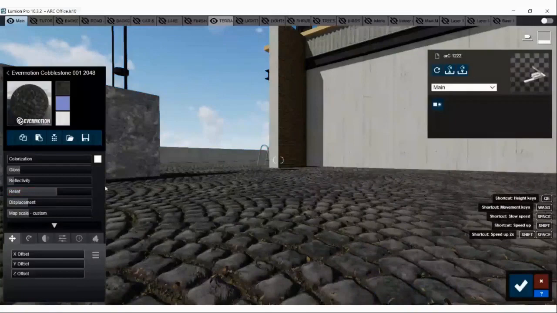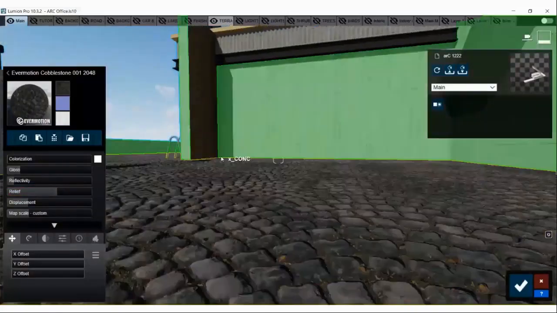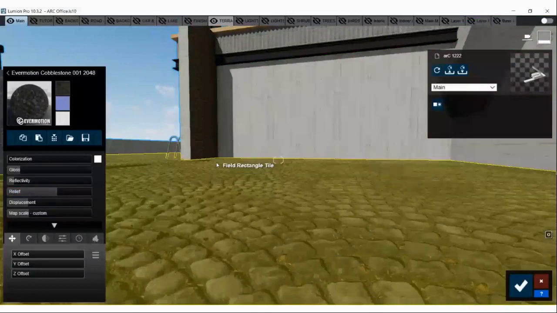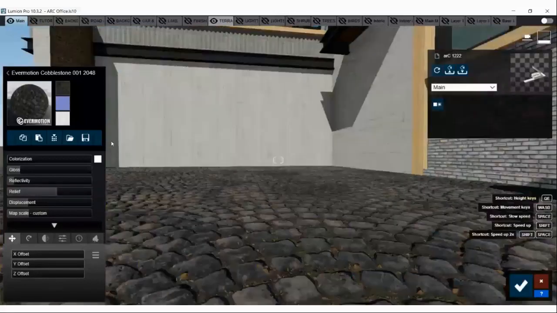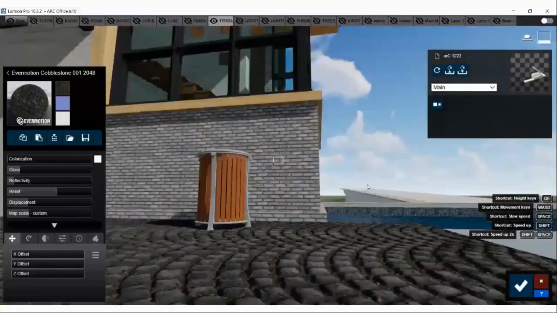Okay. Now, if you can check, these are like a preset of the materials available in Lumion. But if you have your own custom displacement map, which is the new feature in Lumion 10.3, there is a third tab given where you can choose your displacement map and import it from your texture library. So we will try this on this wall.